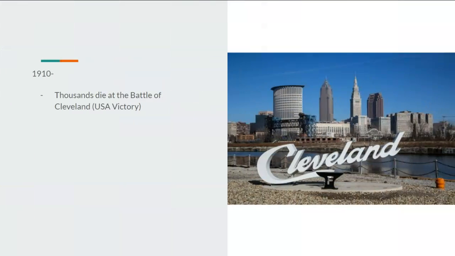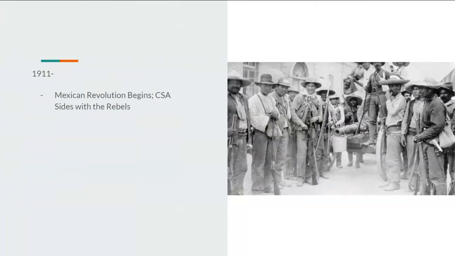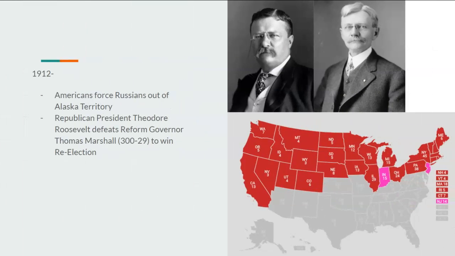In 1910, thousands die at the Battle of Cleveland. This is a U.S. victory. The Confederacy pushes into Cleveland, but the Union is able to push them back out. In 1911, the Mexican Revolution begins, and the Confederacy sides with the rebels. So there you go. In 1912, the Americans force Russians out of the Alaskan Territory,